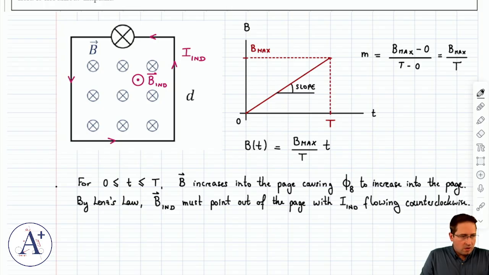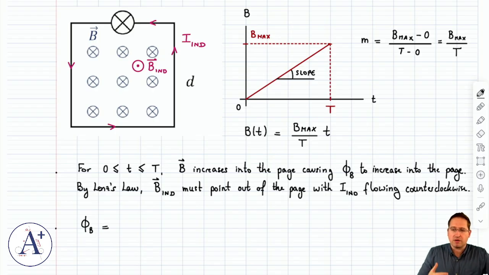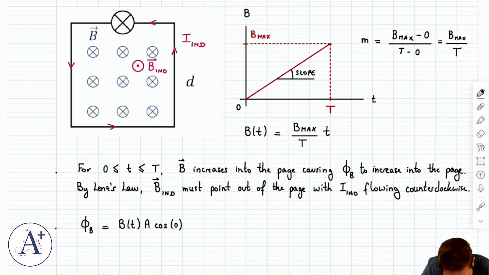All right. Now let's quantify this flux, right? So before I even apply Faraday's law, I want to figure out the flux. And I always want to ask myself, why is the flux changing? Here it's changing because B is changing. The area of the loop, or the area bounded by the conducting loop, doesn't change. It's fixed. So the only reason flux changes is because B increases. So my flux is going to be B, which is a function of t, times the area, and then this is a bit overkill, but I'll write it anyway, cosine of 0, where